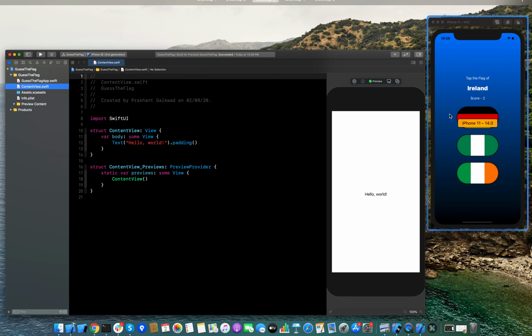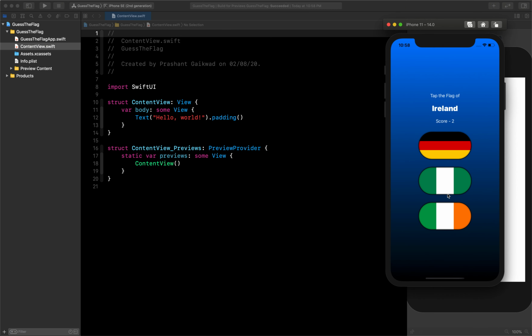Here you can see that we are displaying different types of countries, so we need a country array. Then we also need to save one random country name, which will be the correct answer, so for that we need one more property, correctAnswer. And when we show the alert, we are showing three things: the score, a message, and continue. So we need two more properties for this and one more property for showing the alert. Overall we need five properties, so let's create those first.